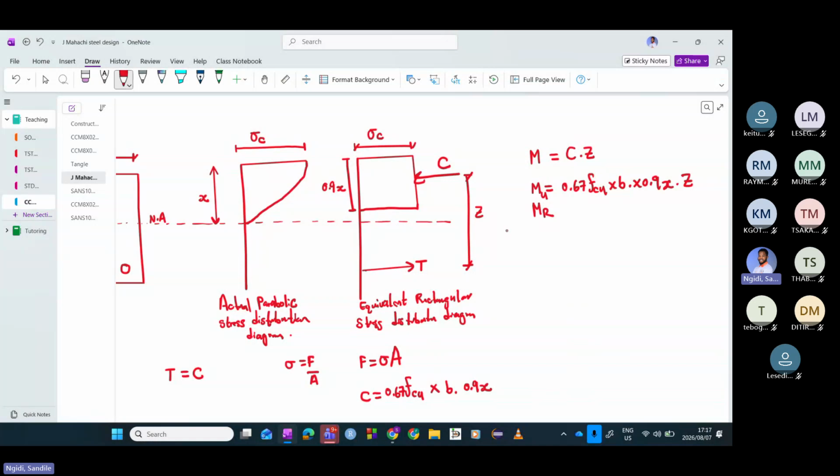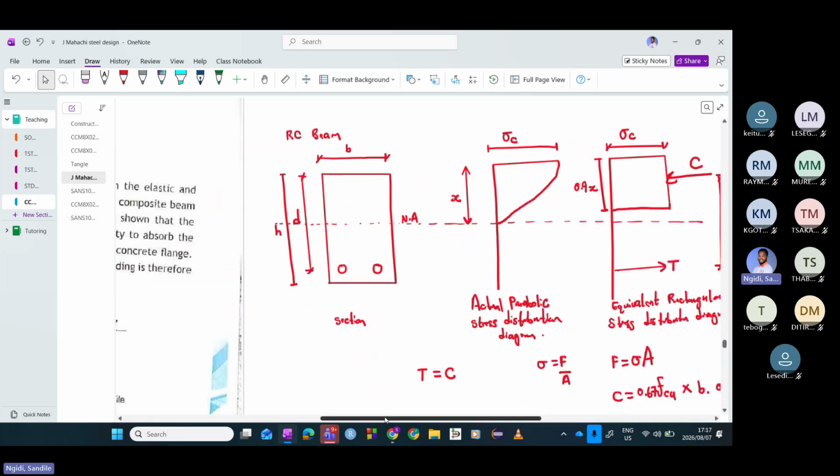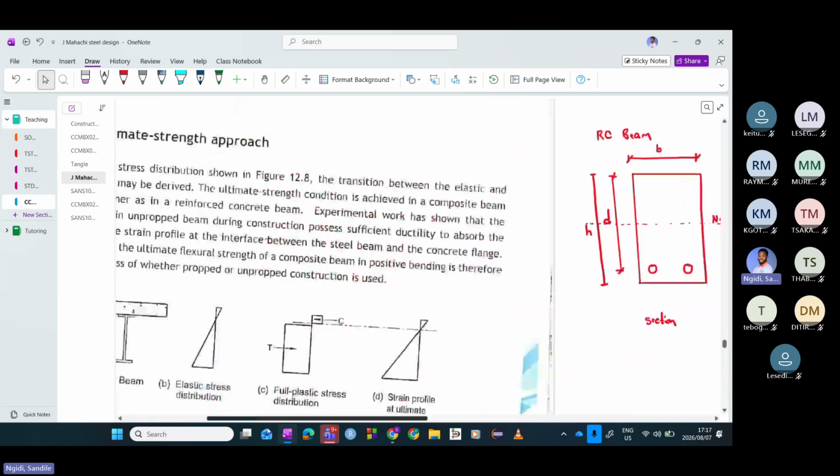A normal reinforced concrete beam, a normal rectangular reinforced concrete beam. I know someone is saying, but Sandila, I thought we were dealing with composite beams here, not normal reinforced concrete beams. It's fine. Let's go back to composite beams then, because I see there are people who can't wait to see what happens when you deal with